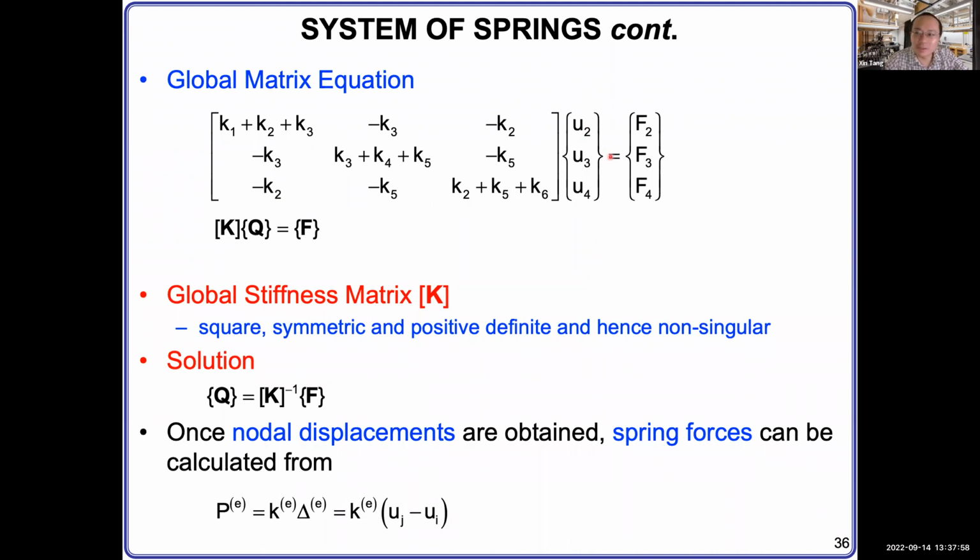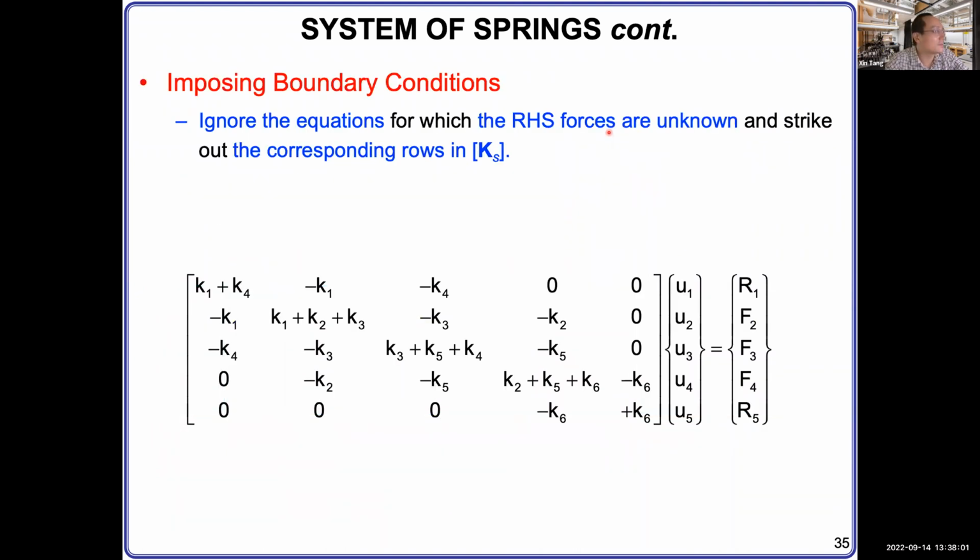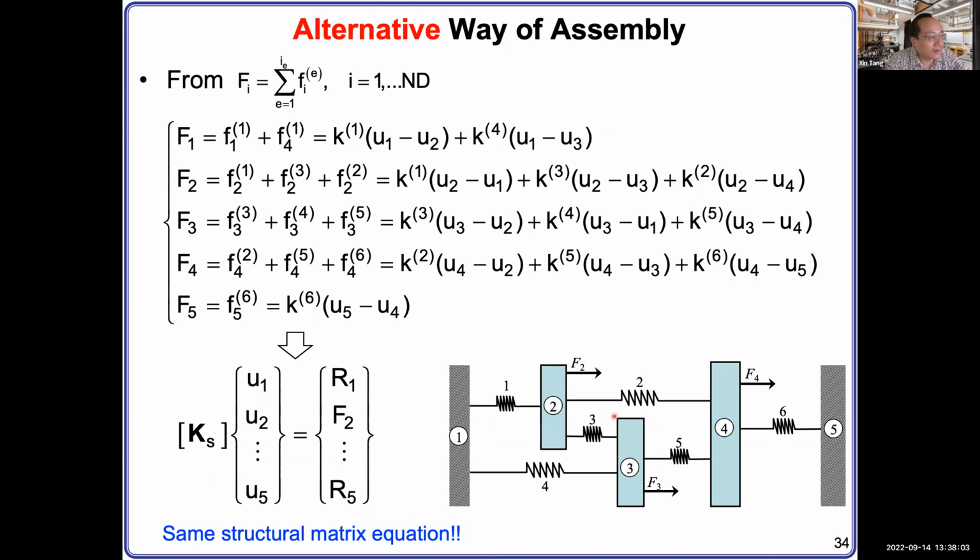Then in this system, if I know all the displacements of the moving nodes, then I can back calculate the force in each spring, right? Because I know the spring constant of it. I know the displacement of this spring at both ends. Then I can use Hooke's law to find out the force generated in this spring. I can do that now. And once you know all the force in the spring, then they are all in balance with the external force, right? So then you have all the mechanical parameters solved in the whole system. Displacement, force, right?